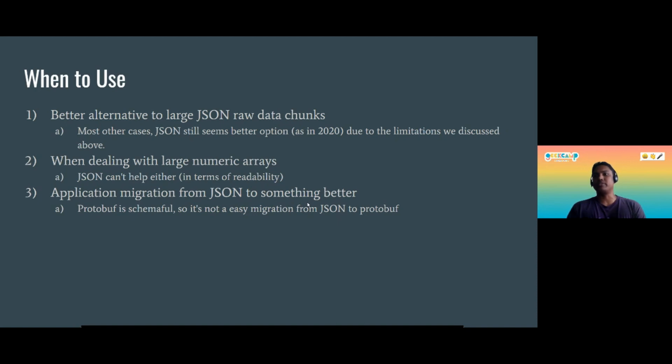So you need to define the schema in both the receiver and sender party. But if you go for CBOR, I think you can have a very easy migration from JSON to CBOR. You just need to encode, and on the receiving part you just need to decode it.